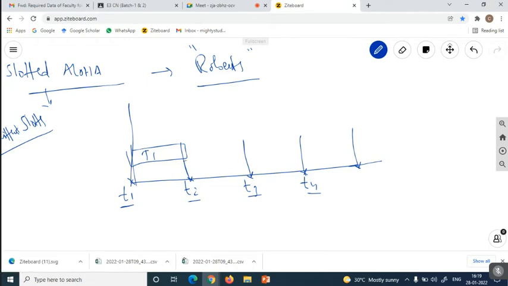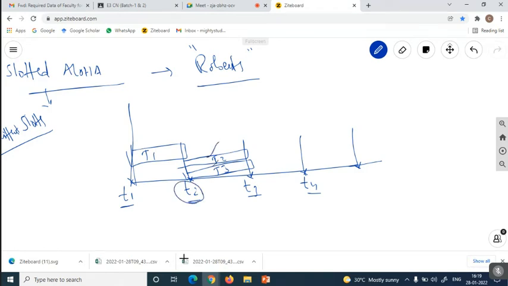Now suppose the terminal T2 is releasing that particular frame, so is there any collision there? No, because only one terminal releases the frame. Suppose at T2, another terminal T3 also releases a frame. So at the slot of T2, two frames are going to be in transmission.